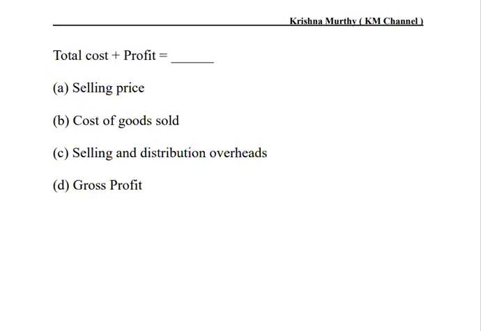total cost plus profit equal to dash. A, selling price. B, cost of goods sold. C, selling and distribution overheads. D, gross profit. The right answer will be selling price. Selling price equals total cost plus profit. So right option will be what? A. Next one,